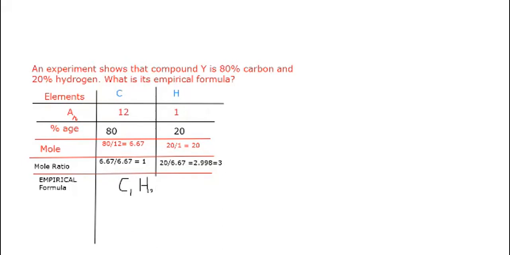As I have told you, there is no need to write down the 1. So the empirical formula will be CH3. Got that point, beta? This is the way to find out the empirical formula. These are the technical steps. Have you copied the example, and should I move further?